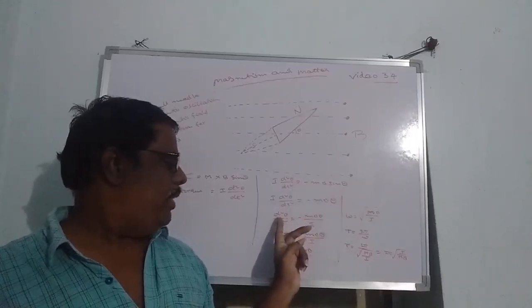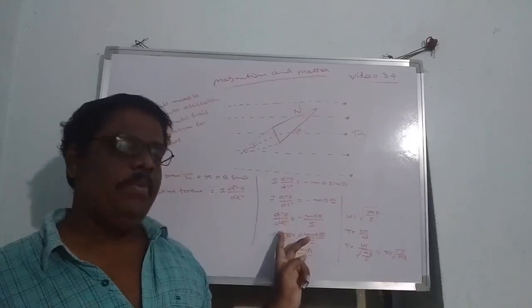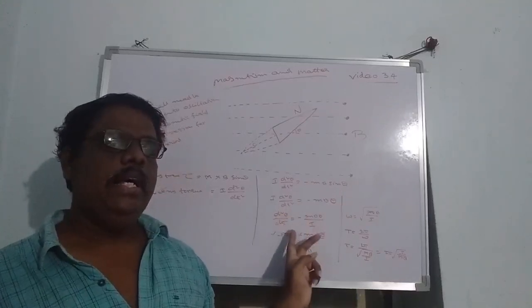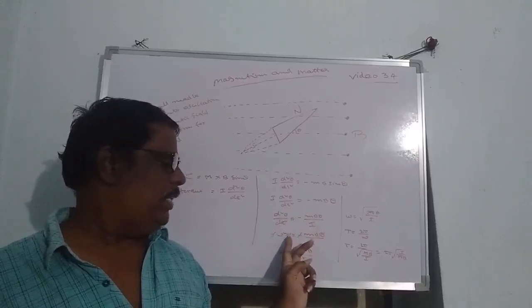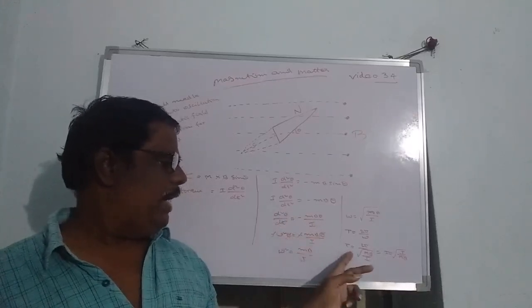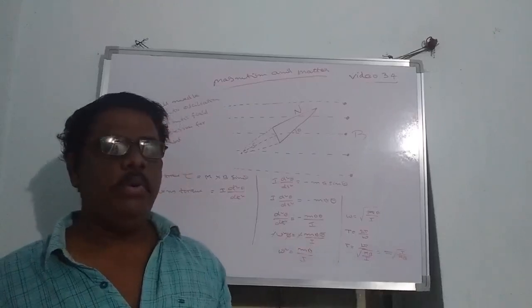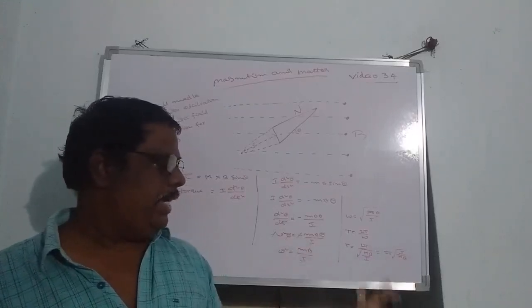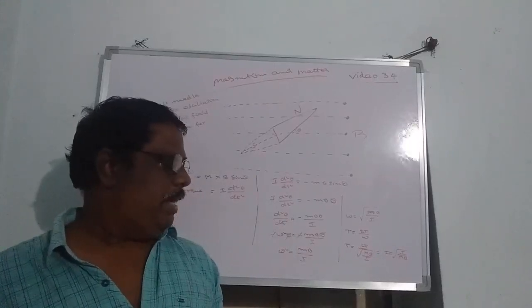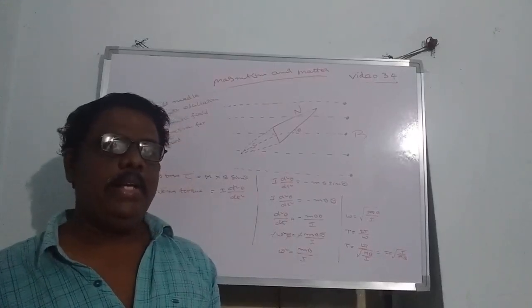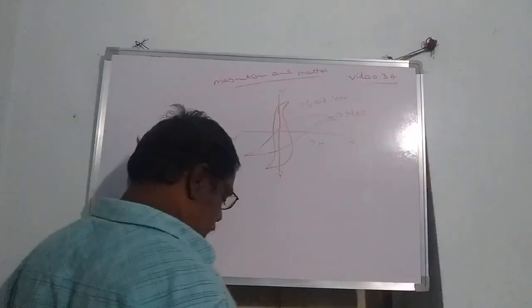But we know d square theta by dt square from the first year. This is the equation for acceleration. Acceleration formula is minus omega square theta. So finally we get the time period T is equal to 2 pi root over I by mB. Here I is the moment of inertia, m is the magnetic moment, B is the external magnetic field.